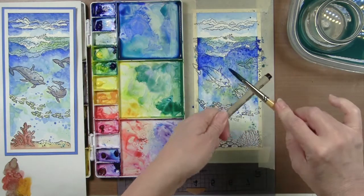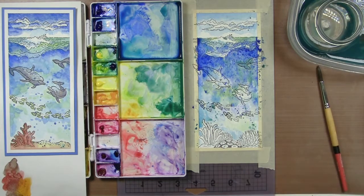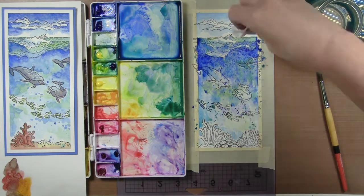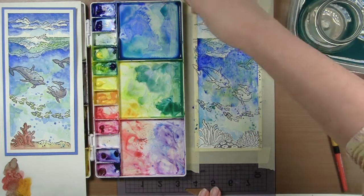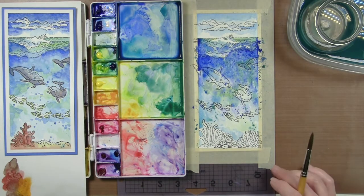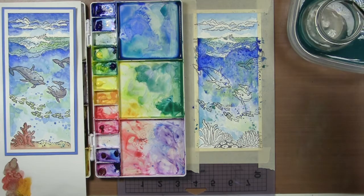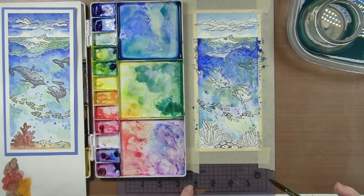Some marine blue. You might not want too much speckling up in the sky. And I could have covered it, but I caught it there before it completely dried. It lifted away. Okay, so we're going to let that area dry, and we can still work down here on